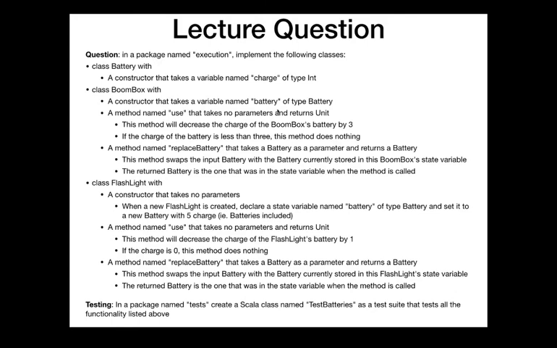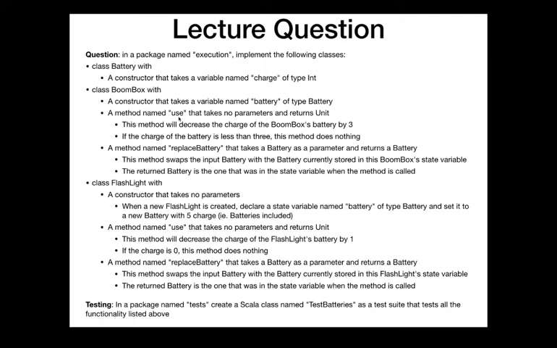We'll have the same variable names in my code, in your code, so you can test that variable in your test suite. It's going to take a battery in the constructor, so I have a boombox, but I have to provide a battery to be able to run this thing. And I can put that battery in the boombox when I create it. A method use, this is where, of course, the boombox will play music and things. We're not going to have the functionality, we're simulating this, but we are going to have the battery drainage.